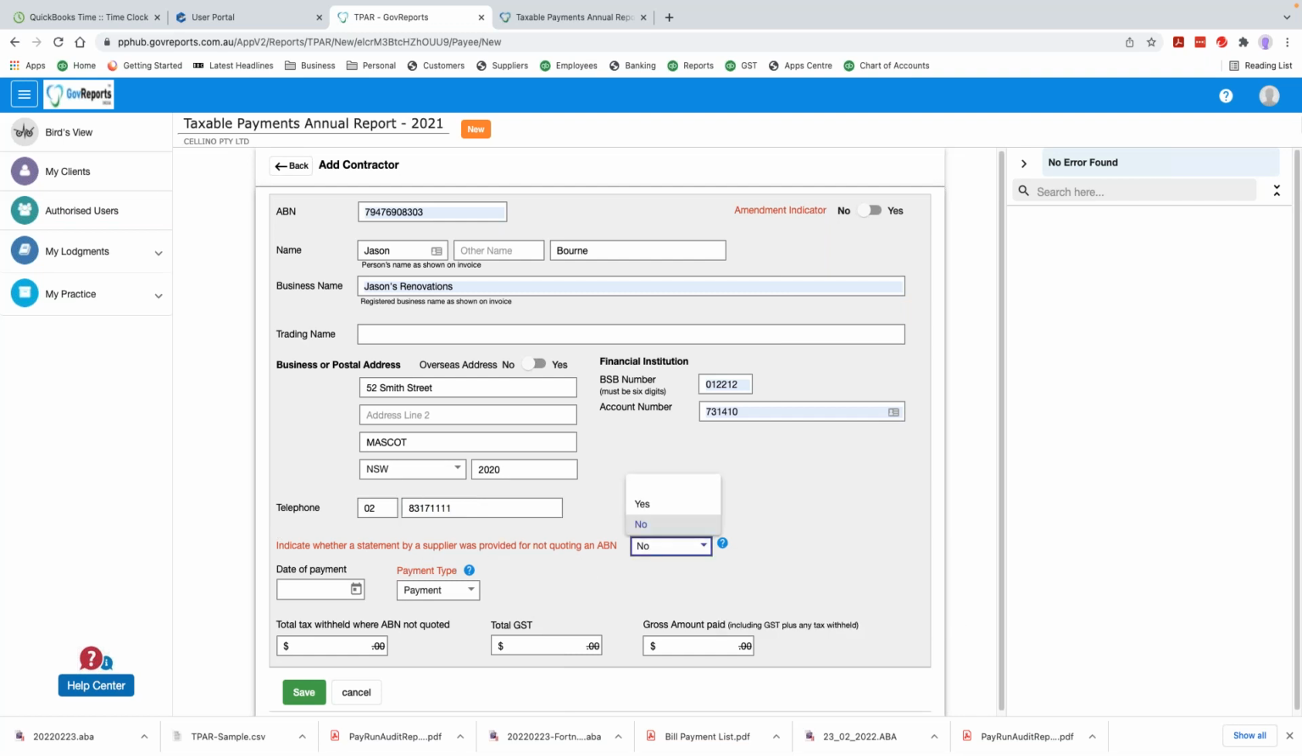Now in here, you have an option to indicate whether a statement by a supplier was provided for not quoting an ABN. Gianna, can you expand a little bit more about this field? Maybe Sandeep can best explain this option. So usually